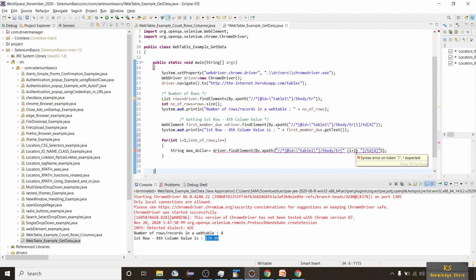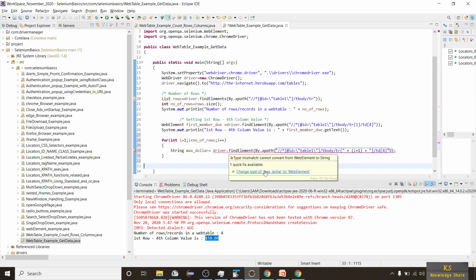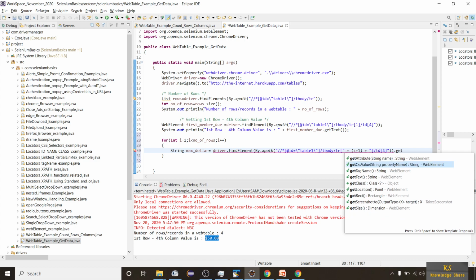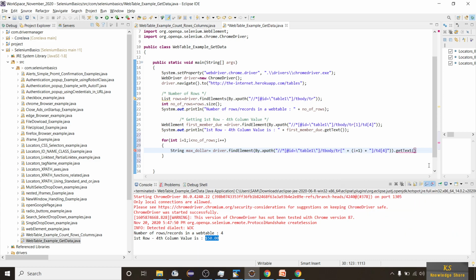One second. i plus 1. So we are concatenating, right? We have to use the plus operator. So we can change this to a string variable, right? So we have to use getText, and we have to store that value.